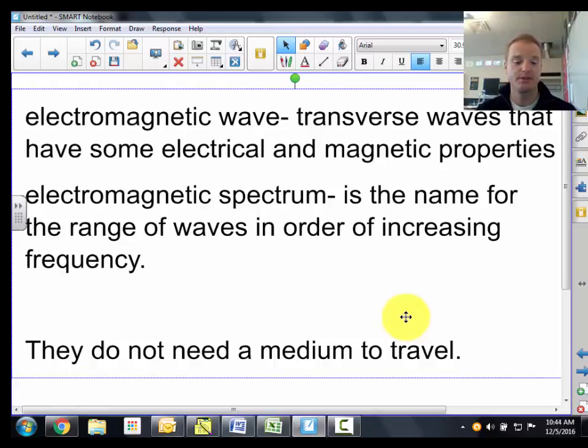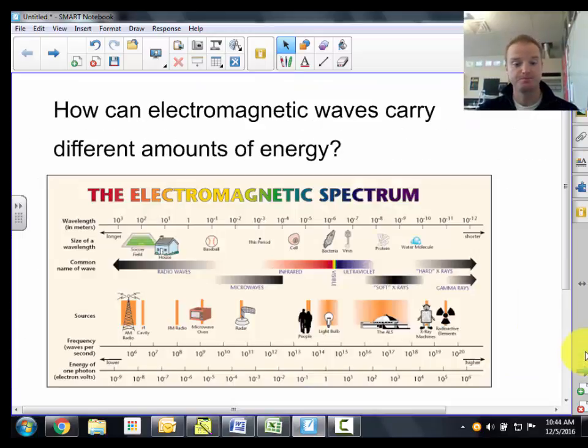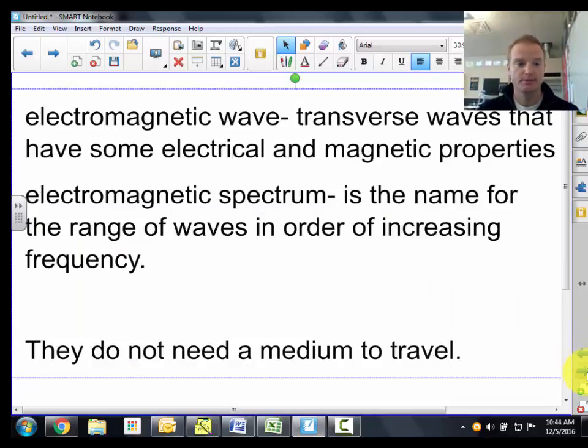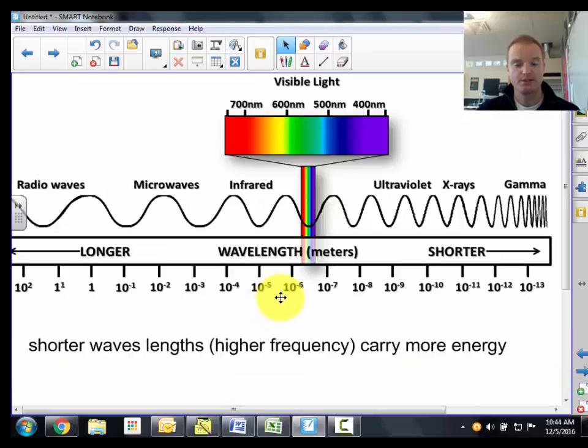And the other big thing about these is they do not need a medium to travel through. So these can travel through outer space. Think about light from the sun, it travels through nothing for a long period of time. So this spectrum,